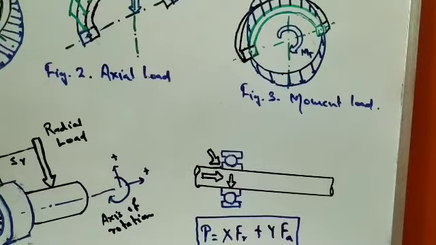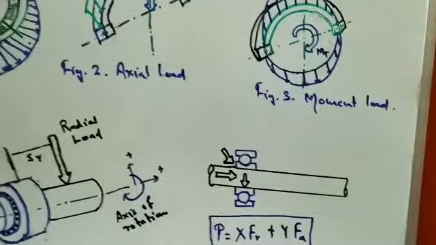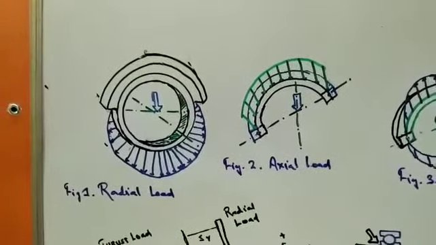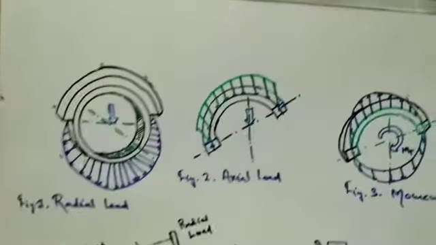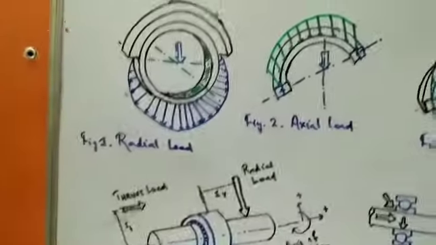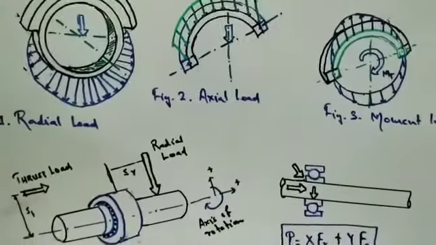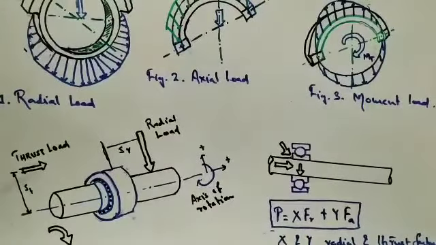Now the equivalent dynamic load is defined as the constant radial load in a radial bearing, or the constant thrust in a thrust bearing, which if applied to the bearing would give the same life as the bearing will attain under the actual condition of force. That means whatever forces are actually applied,